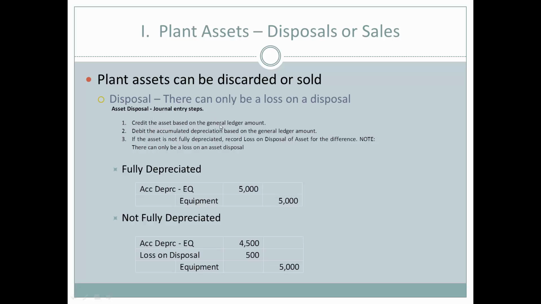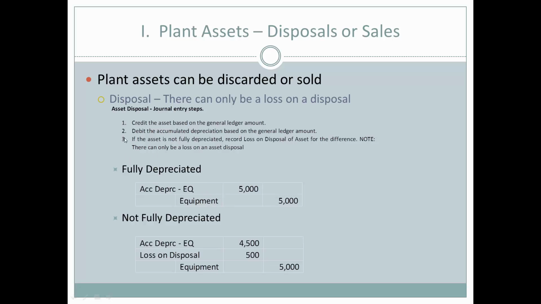First, we want to credit the asset based upon the general ledger amount, correct? We carry equipment, property, plant, and equipment as debit based, as it increases with a debit. So now we want to credit it because we're disposing of it, so we're taking it off the books. Next, we want to debit the accumulated depreciation based on the general ledger amount. So accumulated depreciation is $5,000, and so this is a fully depreciated asset, and so there will be no loss